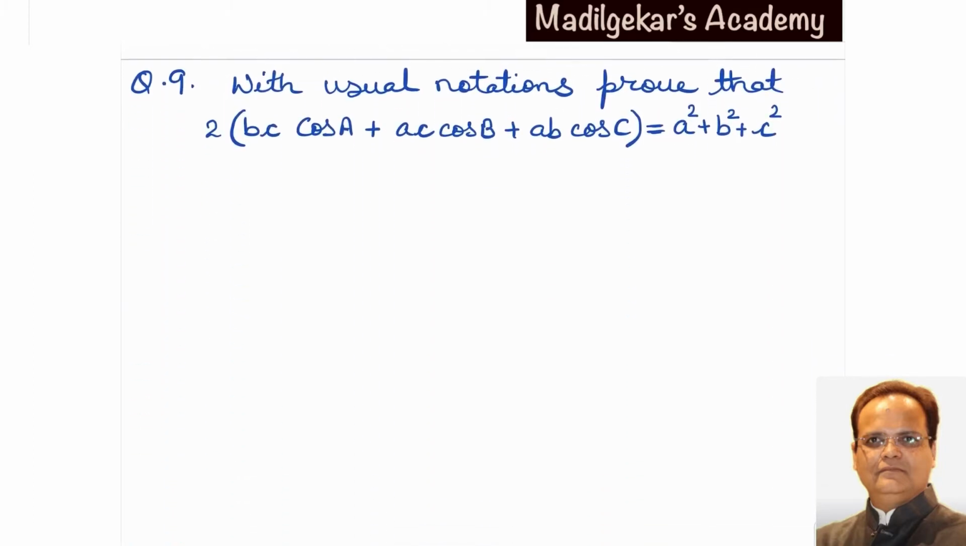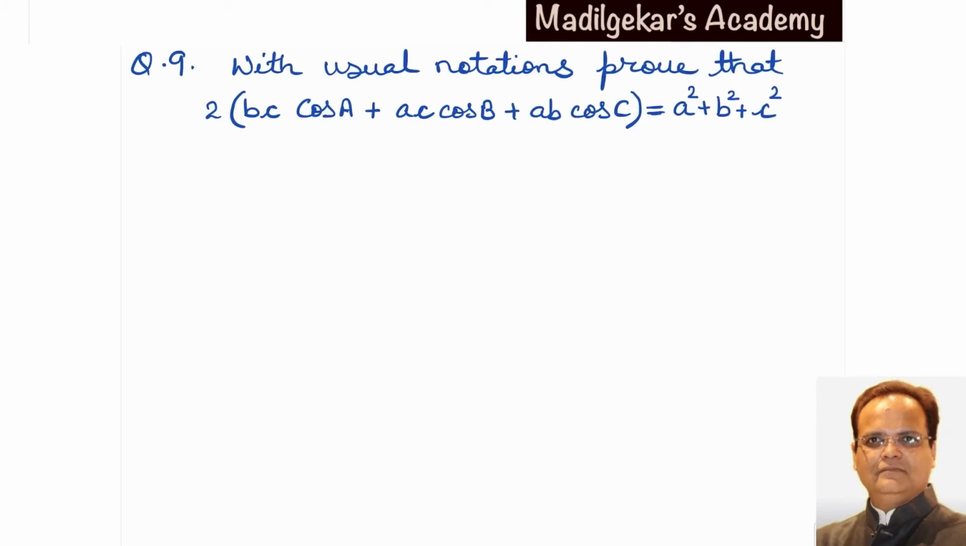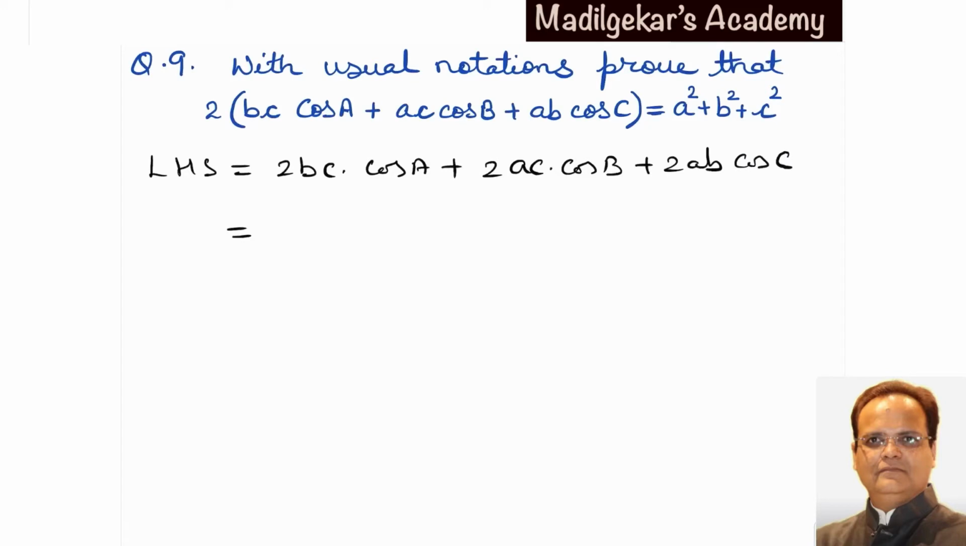Let's switch to question number 9. With usual notations, prove that 2 times (bc cos A plus ac cos B plus ab cos C) equals a square plus b square plus c square. Simple example. If we consider LHS, multiply the bracket by 2. So we get 2bc cos A, 2ac cos B, 2ab cos C. By cosine rule,